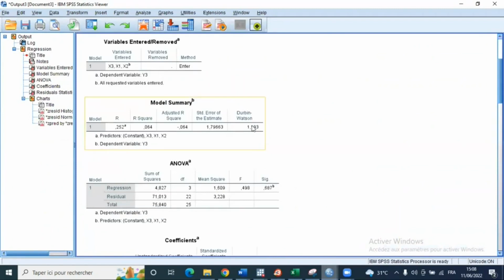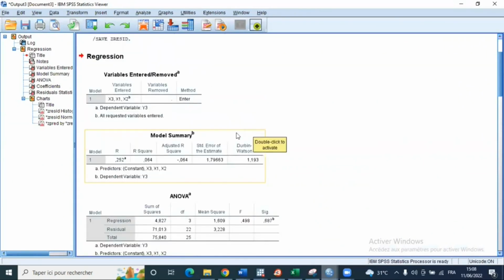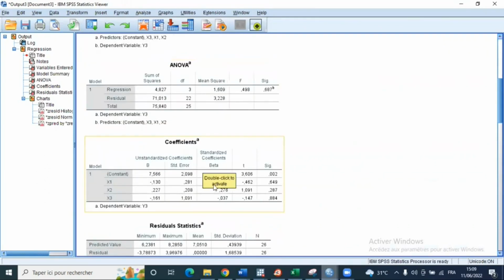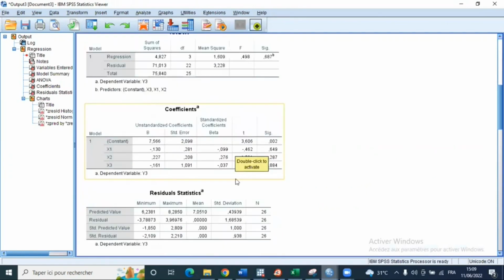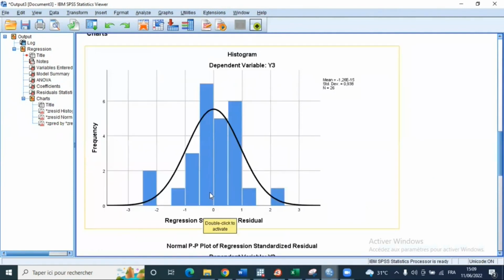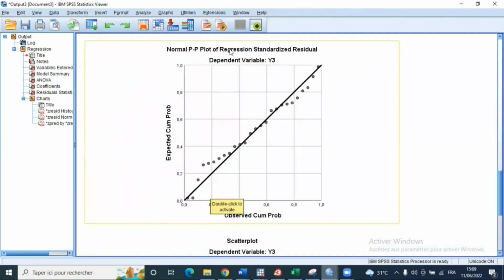So we have a Durbin-Watson statistic here, which is 1.19. Another coefficient we have, also the coefficient, is not interesting us for now. But what is interesting us now is, for example, the PP plot for regression standardized residual, to see whether or not the curve matches with